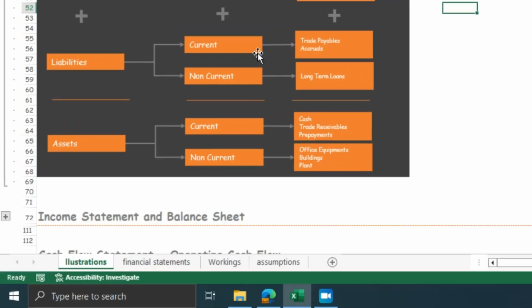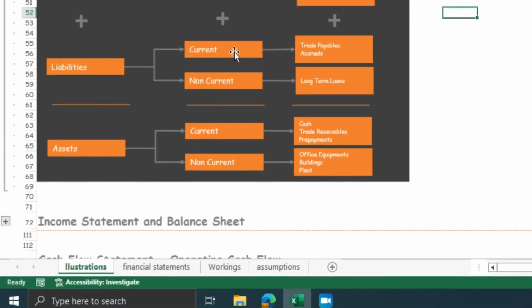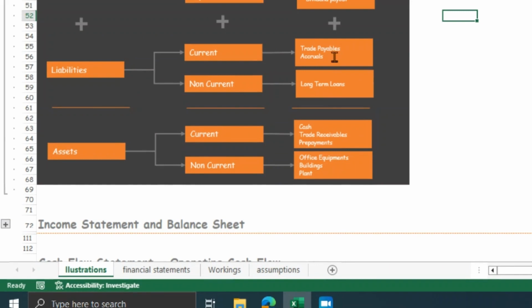recall that I said that liability has got a current and a non-current. So in this current, I've just taken a few examples of the many items that can sit in your current liability. One of them is your trade payables. Now, your trade payables come from people who supply you maybe raw materials, supply you goods to sell, and all of those things. So they may have supplied it to you, and you didn't pay them at that point in